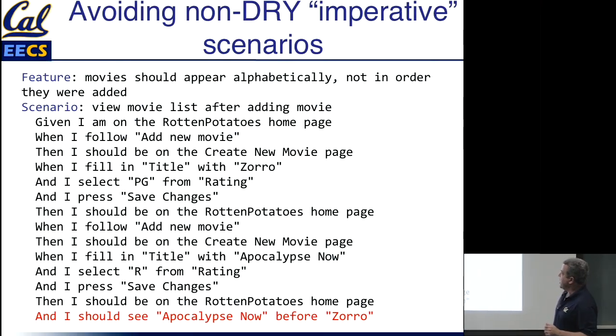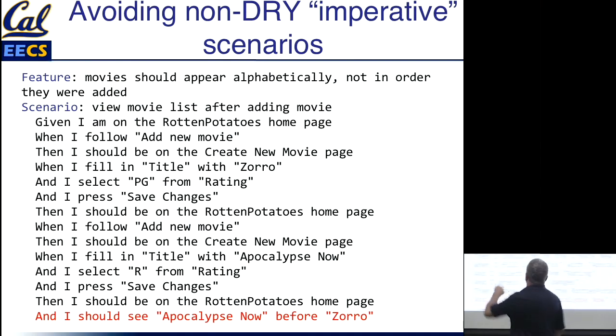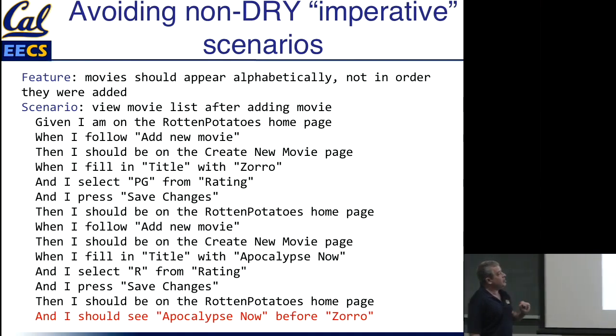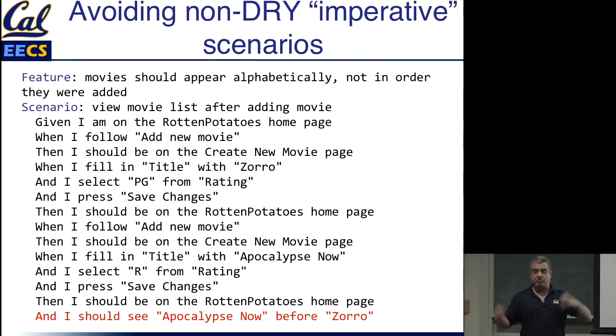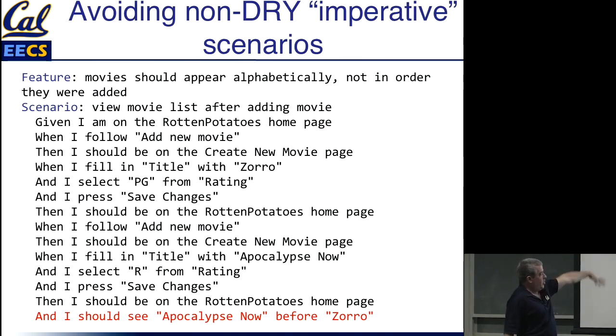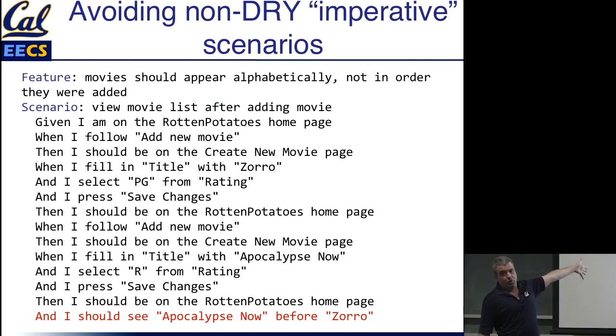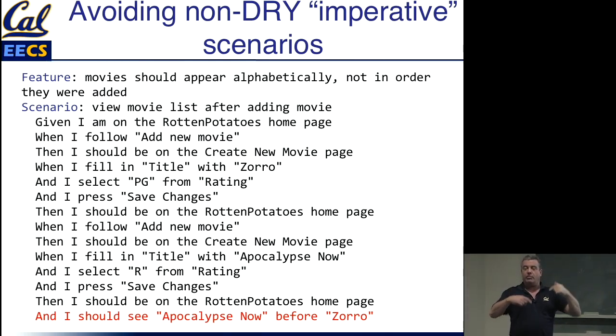Here's an imperative scenario, and the feature that I'm claiming to test is up top. It says movies should appear alphabetically, not necessarily in the order that they were added to the database. Pretty simple to understand. So if you take the time to read this, and I hope you don't because it's super, super boring, but you will eventually figure out that it's going through that adding new movie workflow,